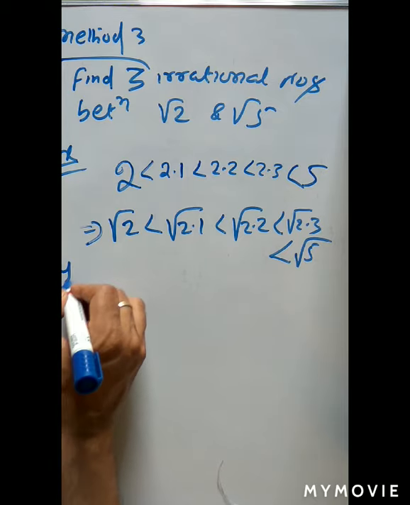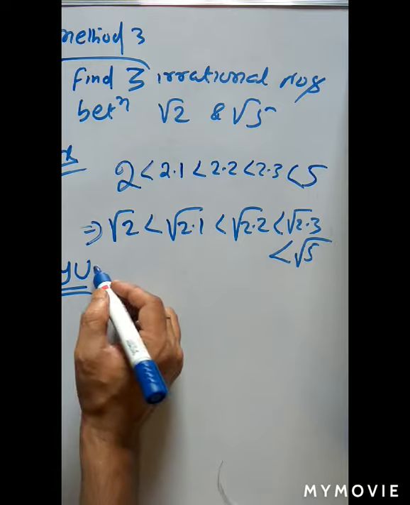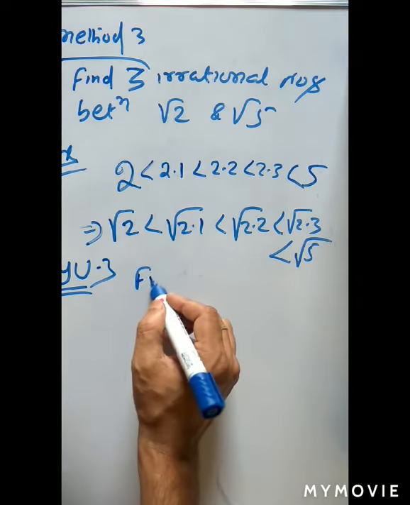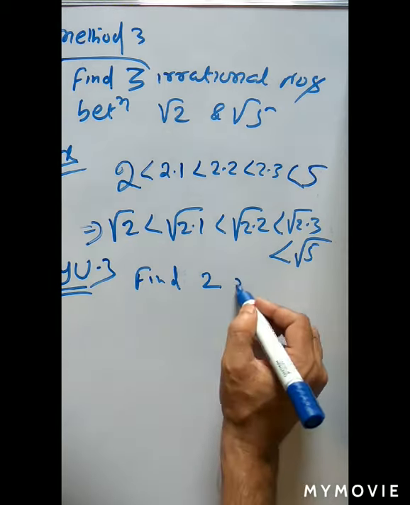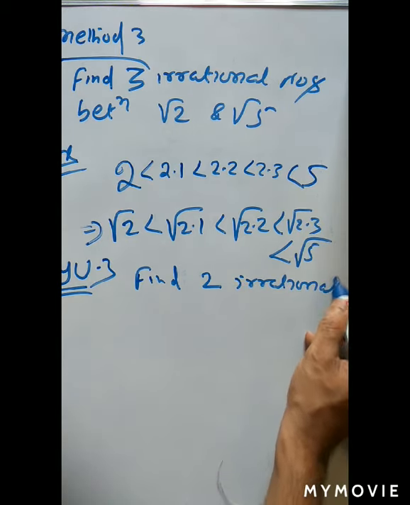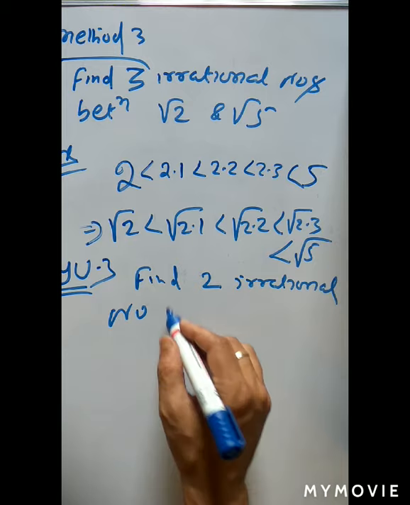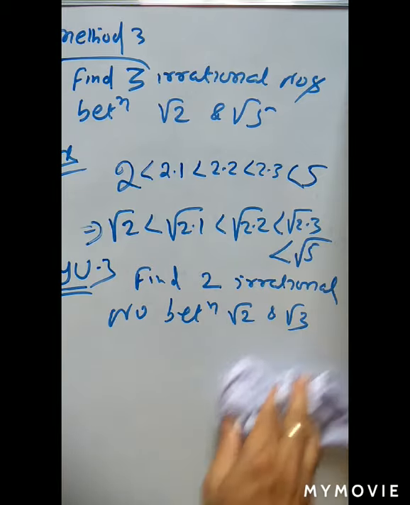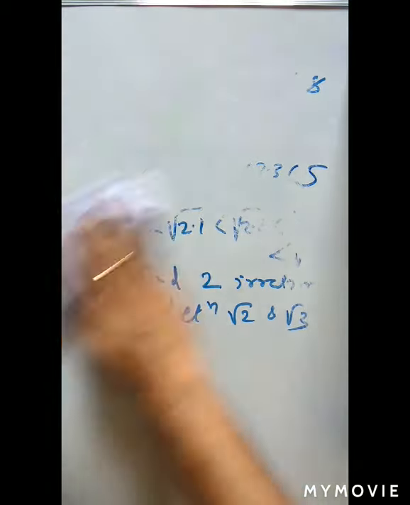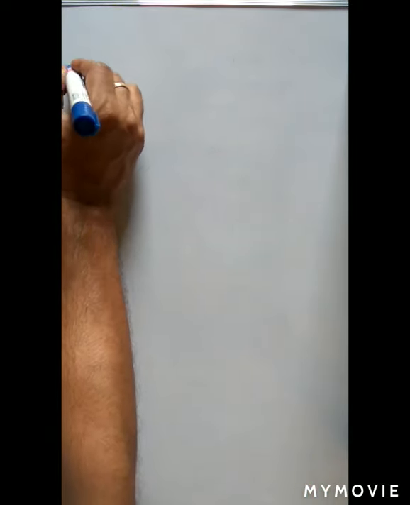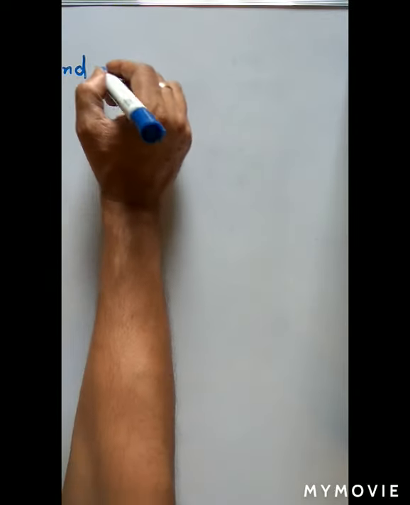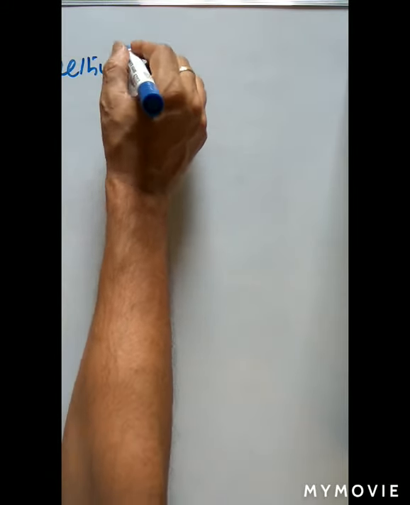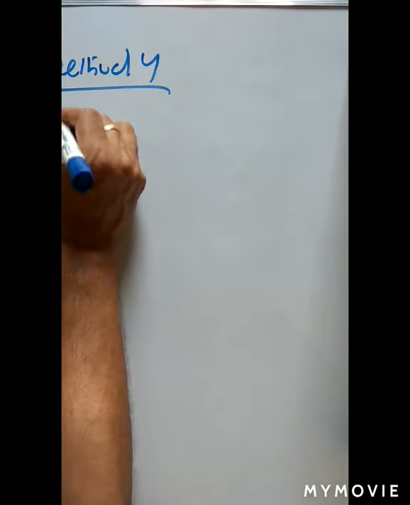Now immediately you do homework. So test your understanding 3. The question is: find 2 irrational numbers between root 2 and root 3. So that is your next method, method 4. In method 4, what we'll do, we have to find. So these are the various methods, these are the various examples you will get in the exam. Suppose method 4. In method 4, the question is find